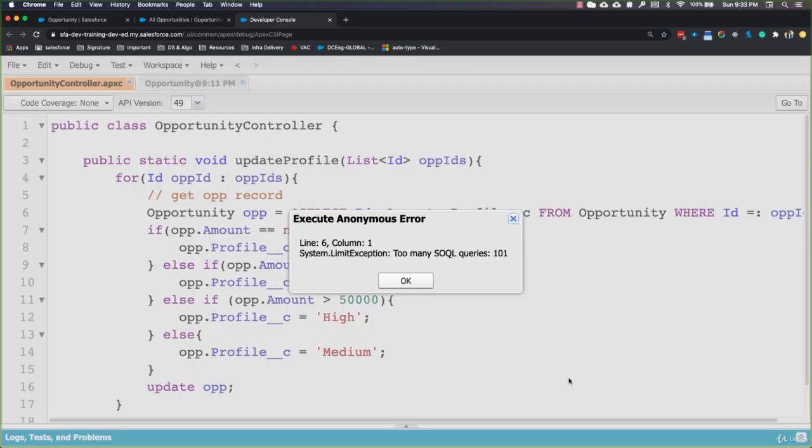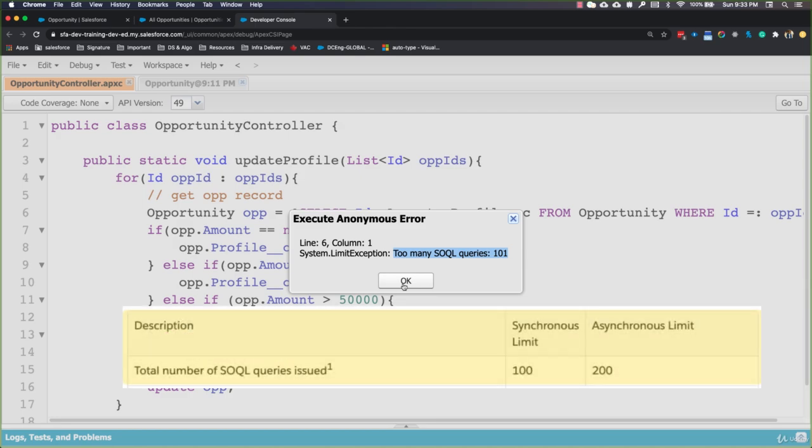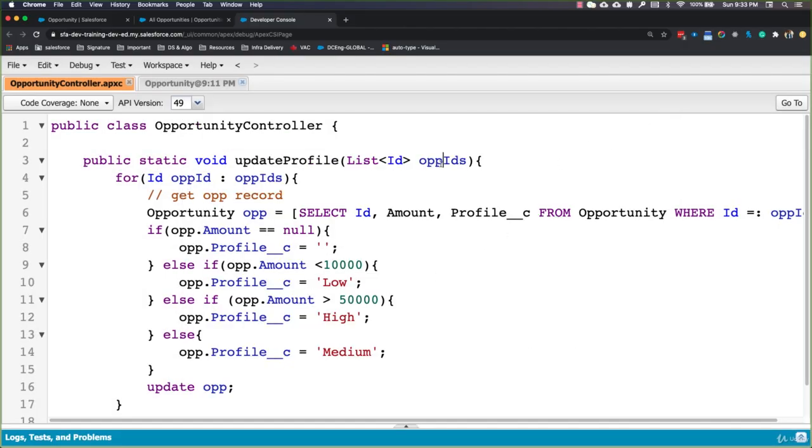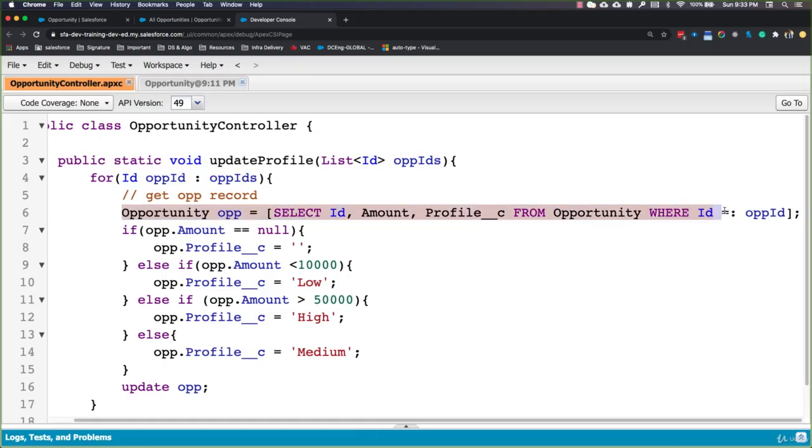So here we got our first exception. It says there are too many SOQL queries that we are trying to run in our Salesforce transaction. If you remember from our previous video, we can only execute 100 SOQL queries in a single Salesforce transaction. And this error says that we are trying to execute more than 100 SOQL queries. I'll show you the reason. This method right here is going to accept more than 100 record IDs, and for each of these record IDs, we are writing a SOQL statement. So it's quite obvious that more than 100 SOQL statements will be executing as part of